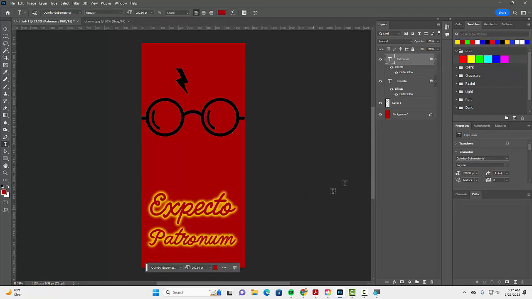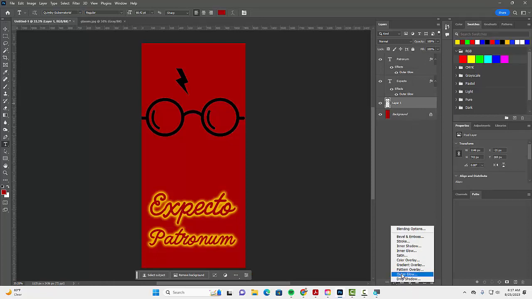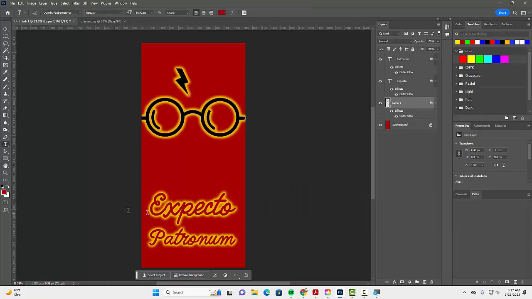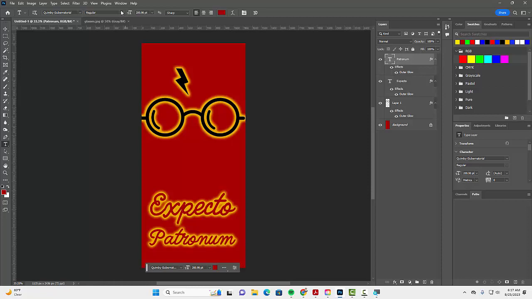See, this is all coming together. You know what? I could put that outer glow on the glasses as well. Why not? Boom. All right. Now, here comes a new little trick that I'd like for you to know about. I'm going to go up here to the, let me get